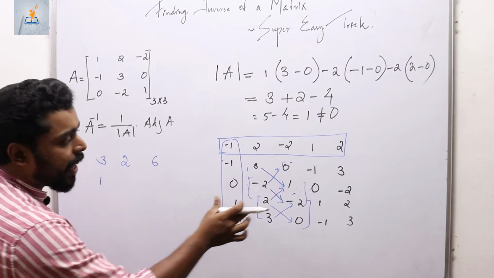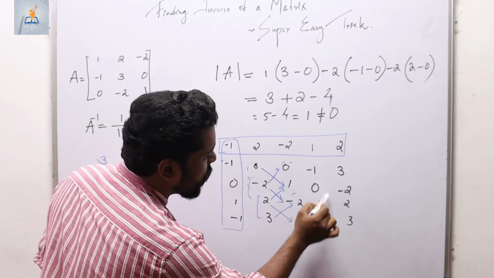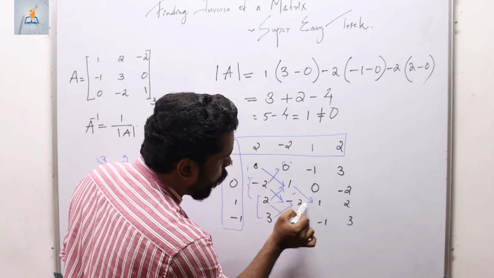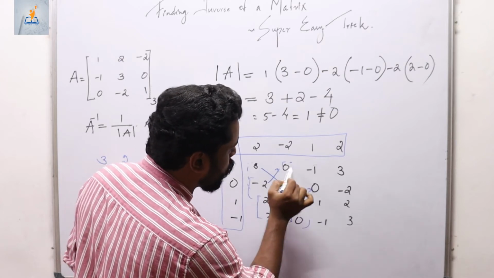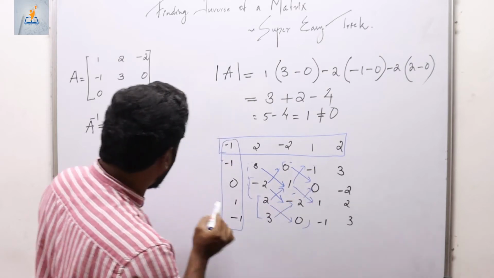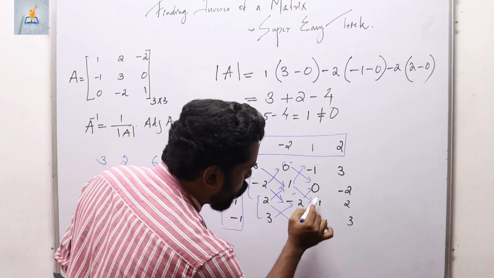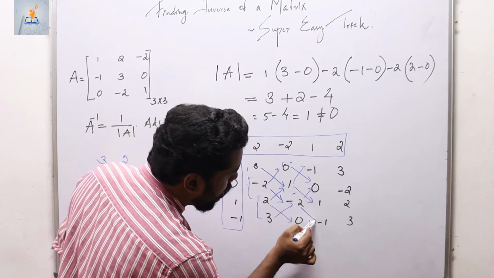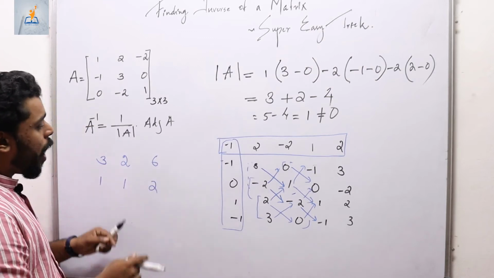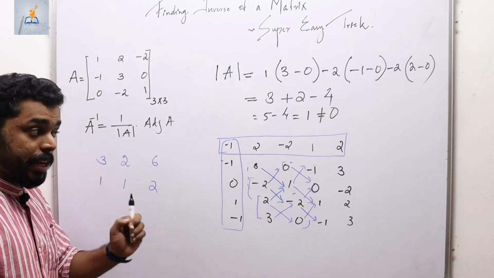Again I am moving column wise, so we can easily find the determinant of this second 2 by 2 matrix, and this is nothing but 1 minus 0. So we already found out this determinant. Now this is 1 minus 0, it is nothing but 1. Again I can find the determinant of this 2 by 2 matrix, and this is nothing but 2 minus 0. So the next term will be 2. So I moved along 2 columns and I generated 2 rows in the adjoint.